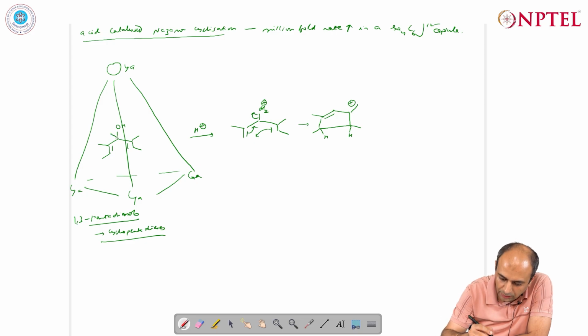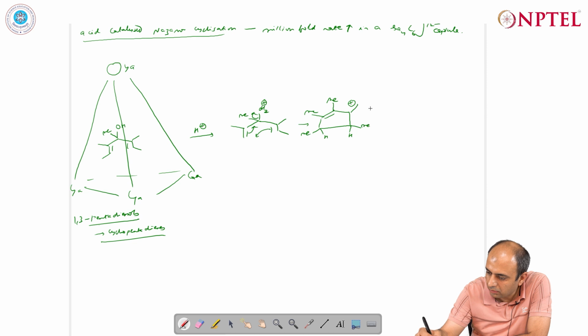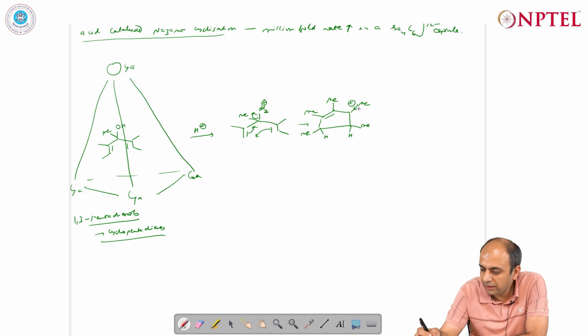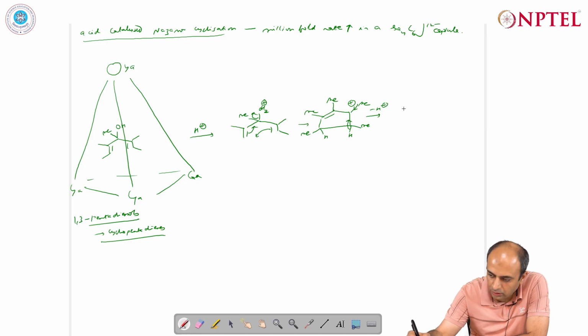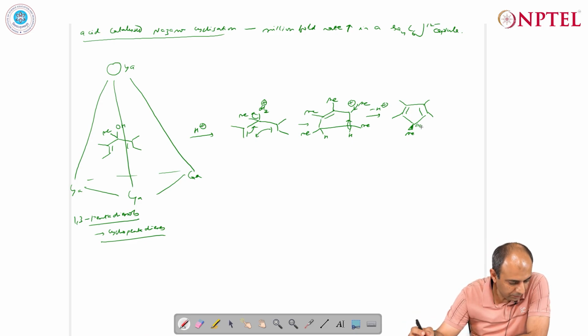and the starting material actually has the methyl here. So, methyl is here and the methyl is here, methyl is here, methyl is here. So, this carbocation is being stabilized now by the electron donating plus I effect as well as hyperconjugation, and we can now, the proton will be lost. So, it will give rise to the corresponding methyl cyclopentadiene, and once this